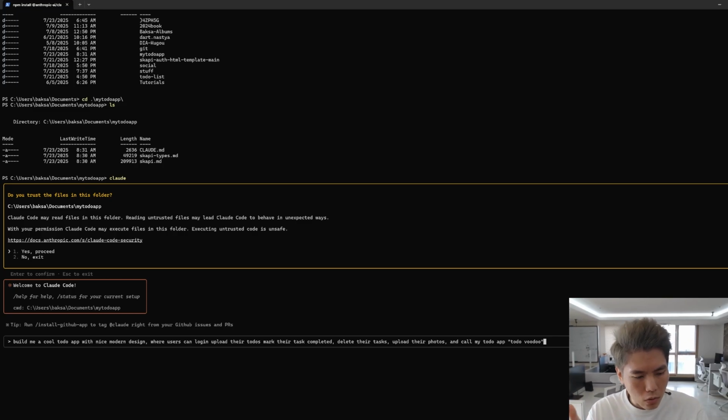Build me a cool to-do app with nice modern design where users can log in, upload their to-dos, mark their task complete, delete their task, upload their photos. Yeah, just lay out whatever you want. And the important thing is we have to tell Claude Code our service ID and owner's ID of the Skapi